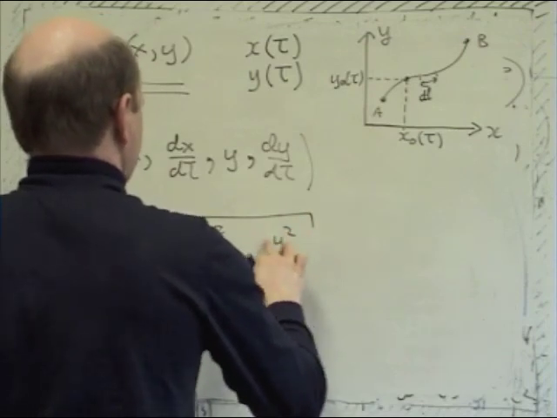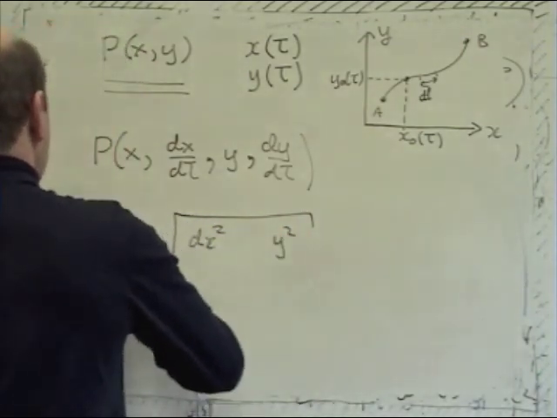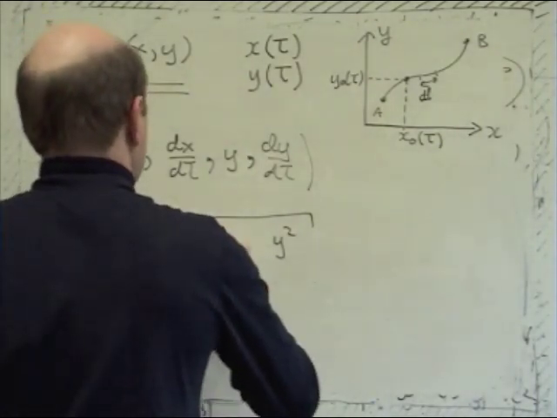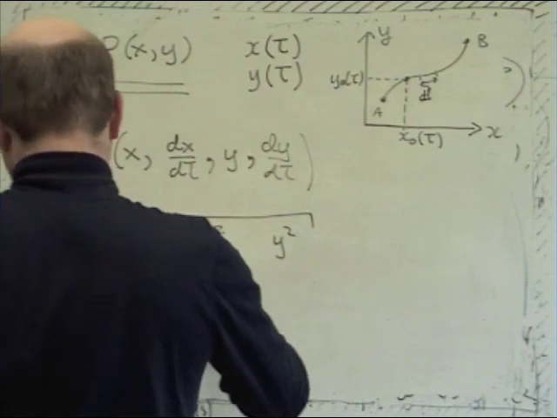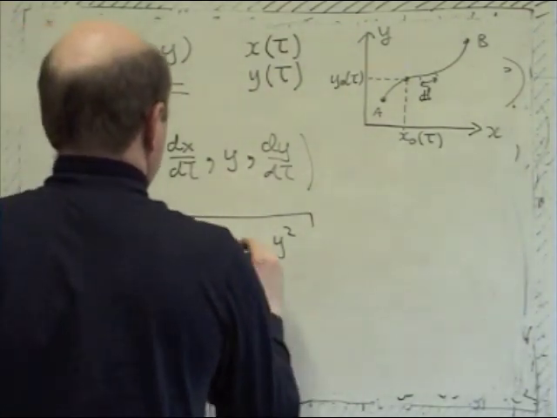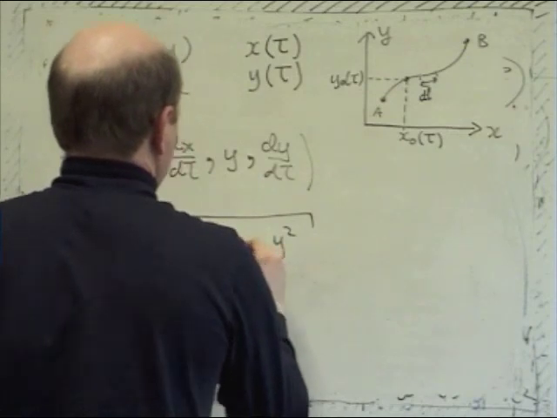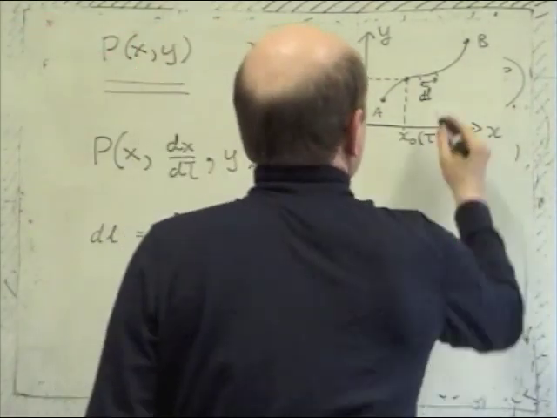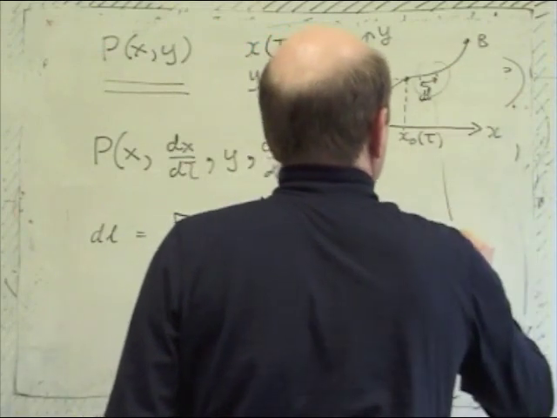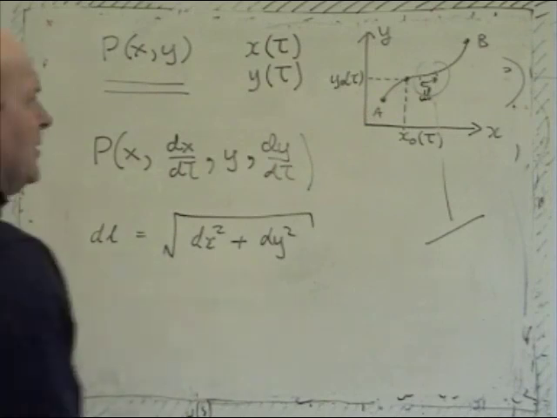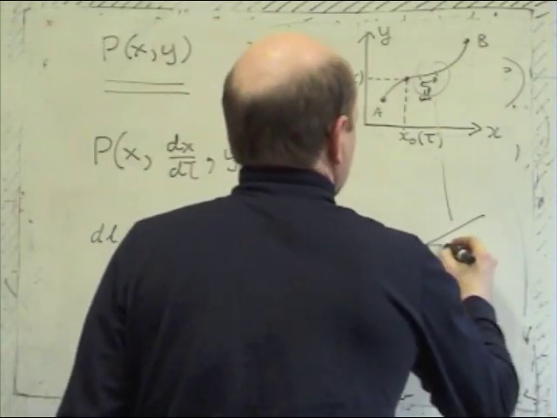Now these d's I guess I should write with my delta. I'm not going to do that, I'm going to use d's. It's the sum of dx squared and dy squared with the square root. Why is it that? Well, it's that because if you look at this little dl, if you magnify it, if you take a short enough section of curve, it looks straight, and that